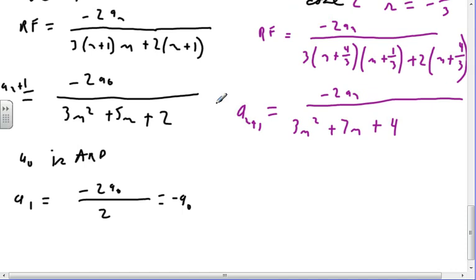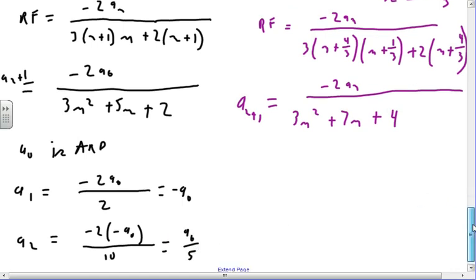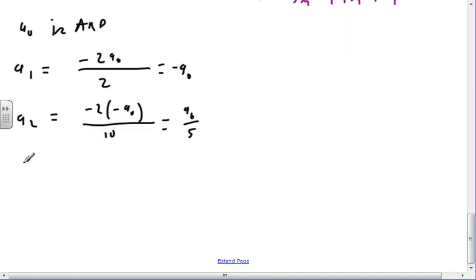On the other side, well, forget the other side. a2 is minus 2 times minus a0 divided by 10, which is a0 divided by 5. a3 is minus 2 a0 divided by 5 divided by,